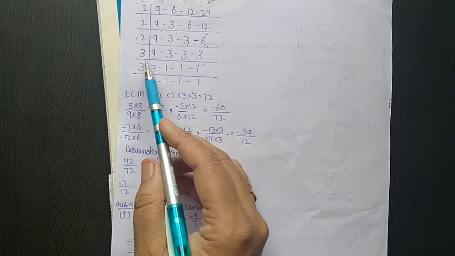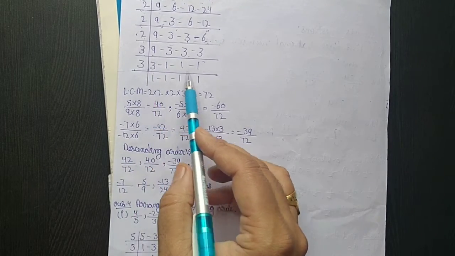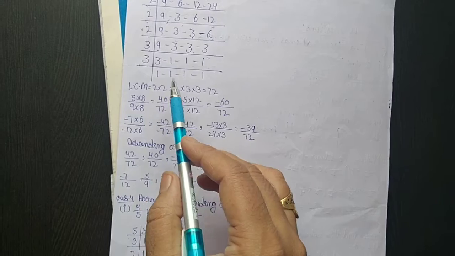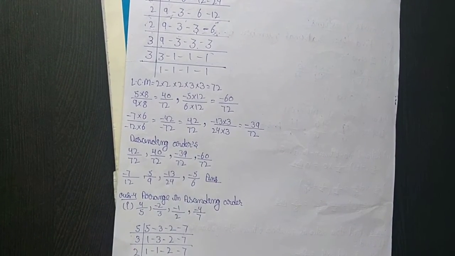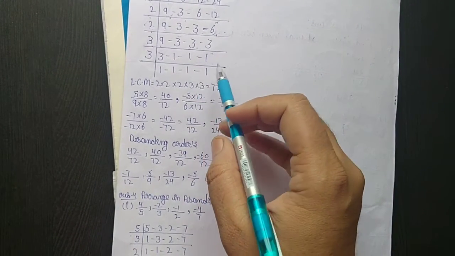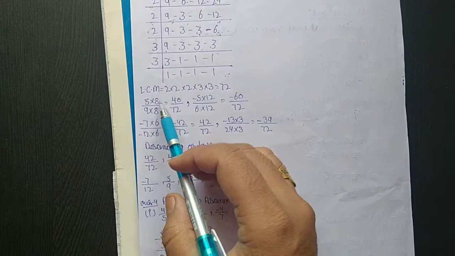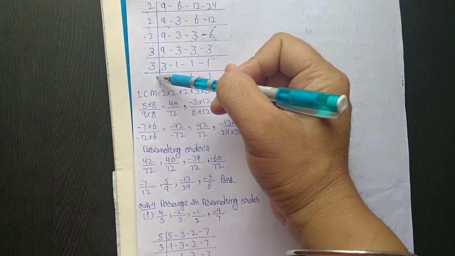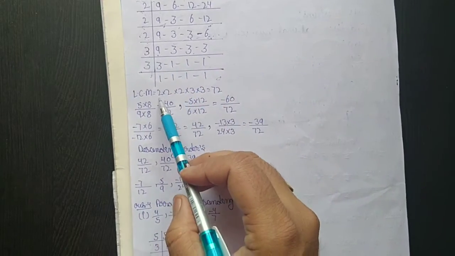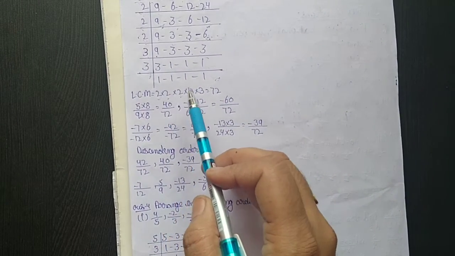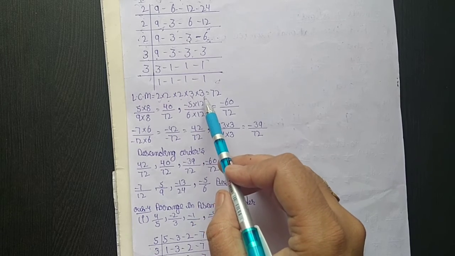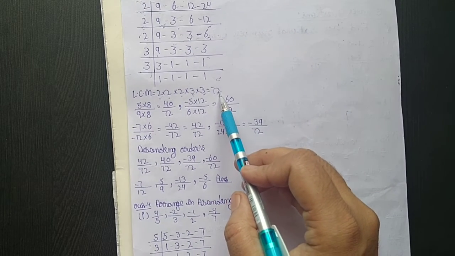So 9 divided by 3 will give us 3. Other numbers 1. This process will continue till we get 1 as the remainder. So to get the LCM, multiply all these numbers. So here 2 multiply 2, 4, 4 2s are 8, 8 3s are 24, 24 multiplied by 3 will give